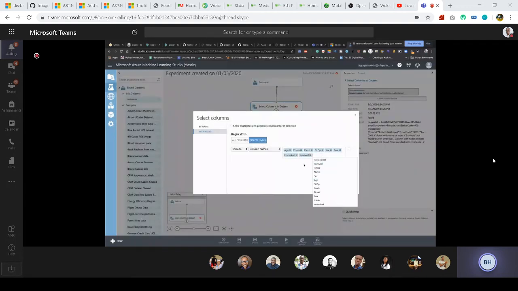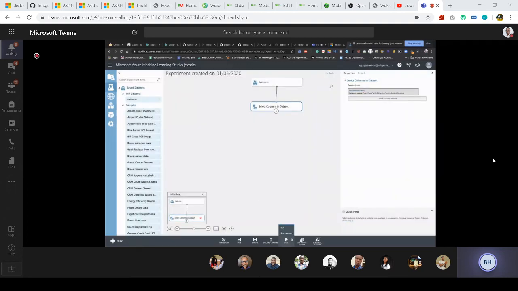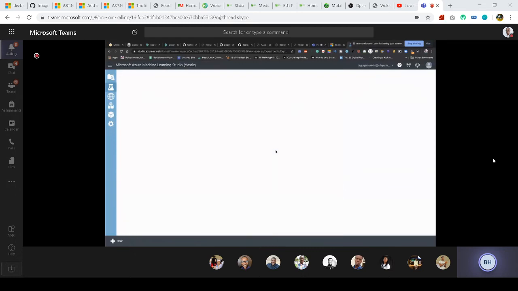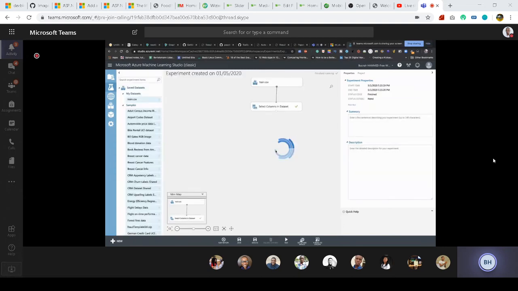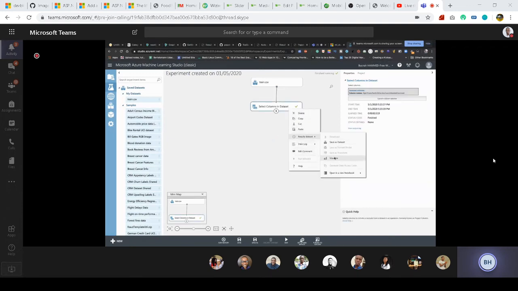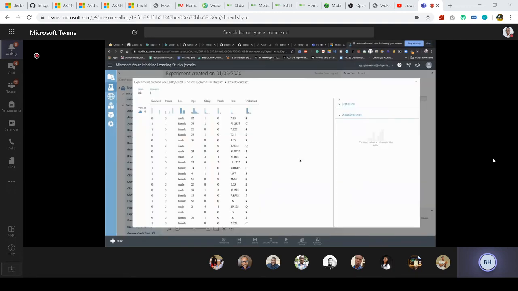Oh, nice. So I can run again. So I can now visualize that. Nice. So I have all the selected columns now. I have 8 columns. So the next step is